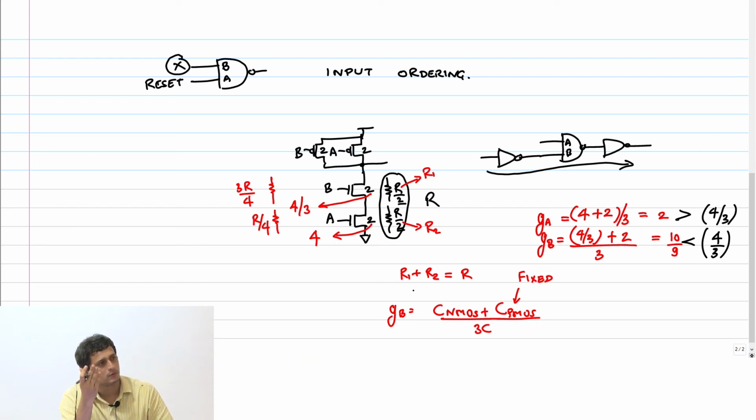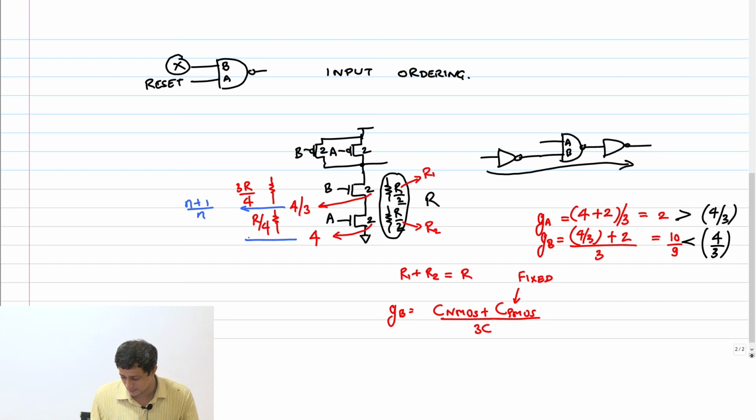Well, that's not possible, right? That's not possible. Therefore, that's why I said you can make it any n plus 1 by n. So just think about this. Theoretically, I can make this n plus 1 by n and this n plus 1, right? Net resistance, if you take, you will get R by n plus 1 into n plus R by n plus 1, which is just R, right? So therefore, this logical effort will approach 1 if I take n tending to infinity. But you can't do that.